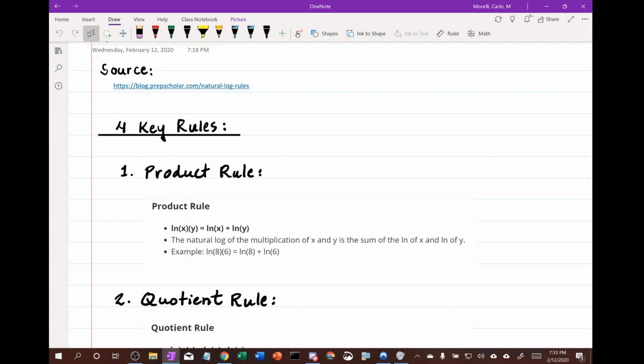The product rule states that the ln of x times y equals the ln of x plus the ln of y. Let's read it out. The natural log of the multiplication of x and y is the sum of the natural logarithm of x and the natural logarithm of y. I love it. So the example they give is ln of 8 times 6 equals the ln of 8 plus